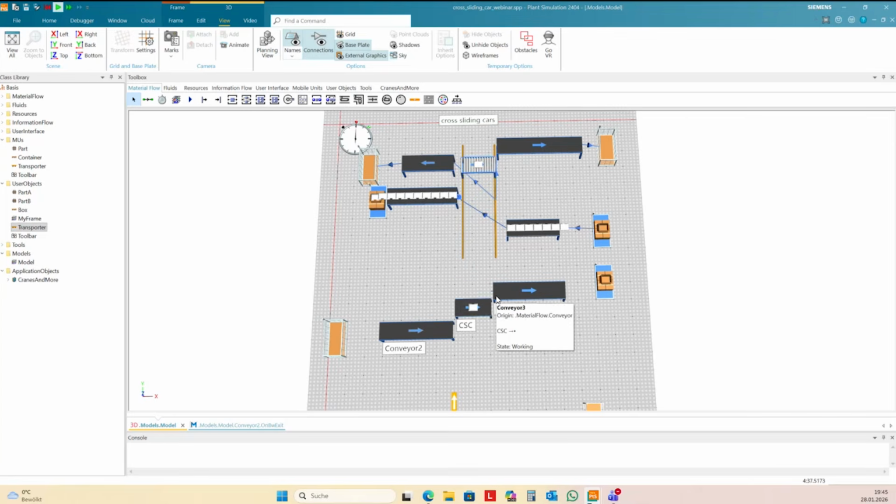And yeah. And that's what I was seeing: when I got onto the cross-sliding car, I wanted to go off to the left, but it went off to the right and then popped over on the left side. Okay, not nice.